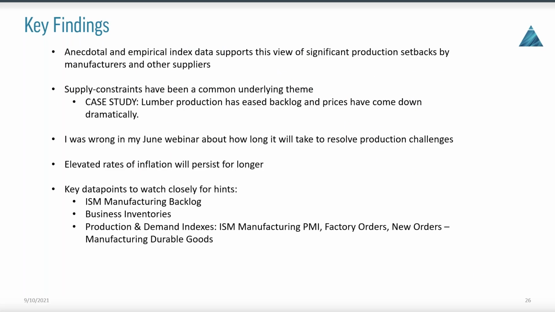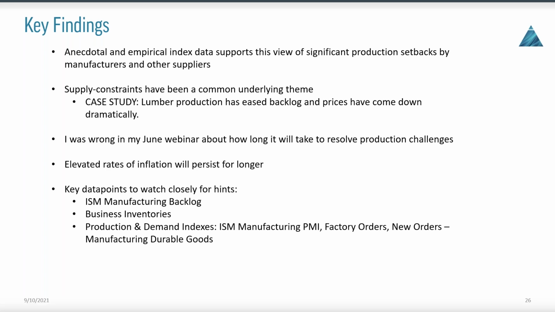So in summary, the key findings that I see here, again, we're seeing anecdotal evidence and empirical data that supports this view that it's significant production setbacks by manufacturers that's causing this inflation. The case study here is lumber production. Lumber soared because of that huge backlog. Now that sawmills are back up and online, we see lumber prices coming down. I think that's the case study of what could happen to other parts of the economy if production capacity were